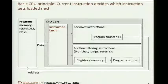Those two interact in that an instruction is fetched from memory and stored in what would be an input buffer into the CPU. It's called the instruction latch. And then from this instruction latch, it flows into the CPU, triggering all kinds of little functions. Depending on what instruction it is, it will do something mathematical, or it will move data around from registers and so forth. And this instruction will, in almost all cases, then increment the program counter for the memory